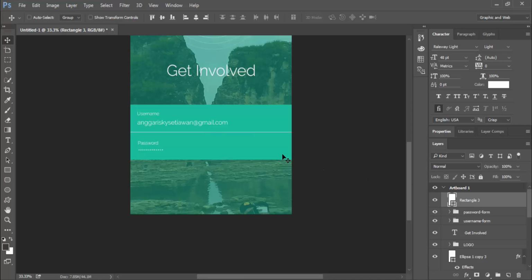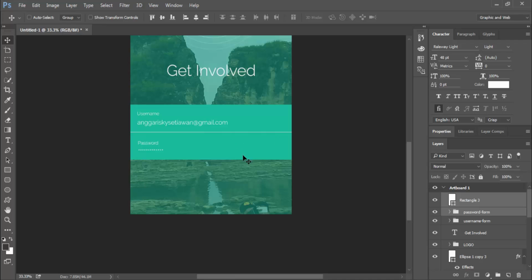Okay, and now we can create the info right here, in case your password is lost, a lost password or forgot password.